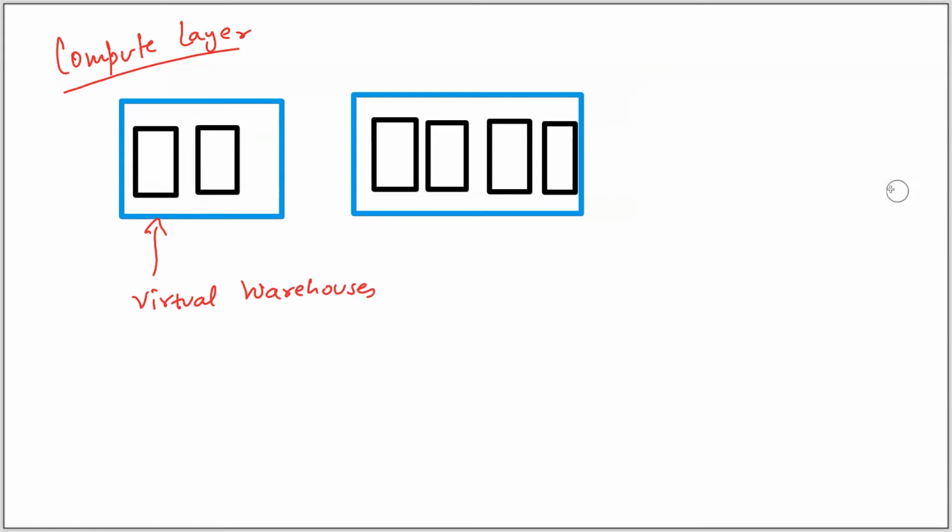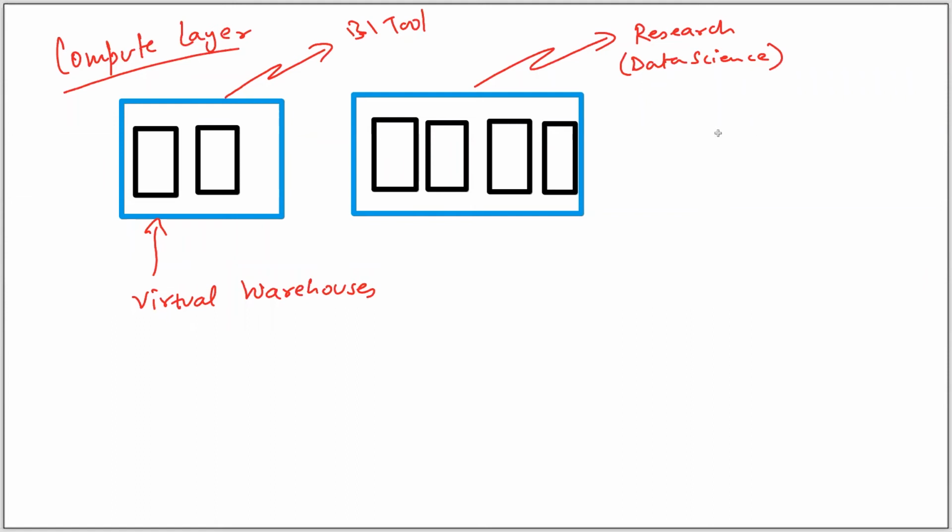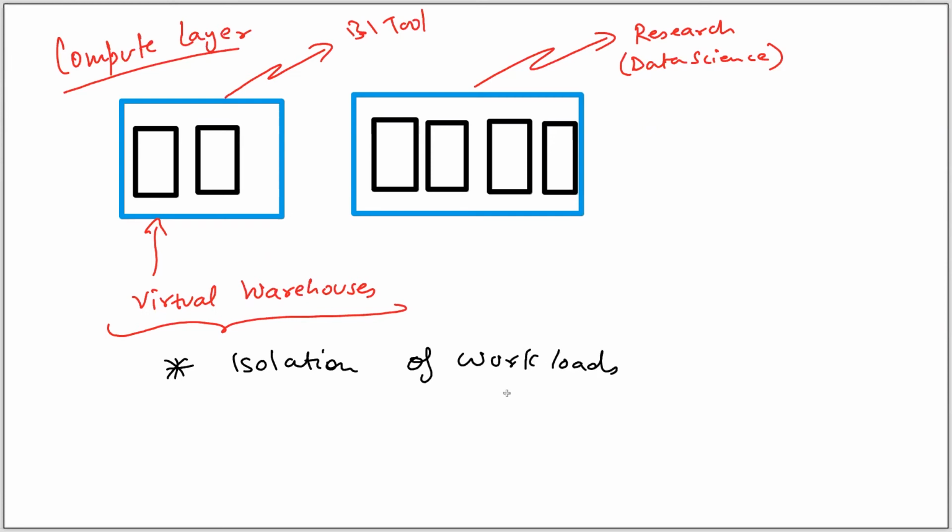So you will find you can have one virtual warehouse for BI tools. Maybe the BI tool you are integrating, and then you are keeping it for BI related workloads. And then another virtual warehouse for research, maybe data scientists, they are working on it. Another virtual warehouse you can use for production ETL or maybe some critical workloads. So you can scale up. Can you see what is the advantage of using virtual warehouse? It is like you are having isolation of workloads. So you can scale up, scale down independently without actually impacting other. And you can do multi-tenancy very well.